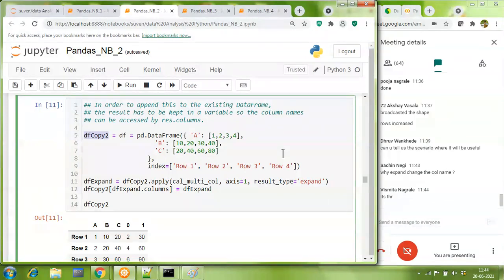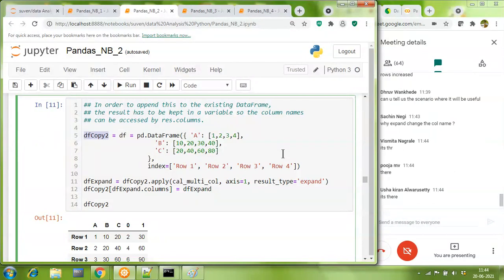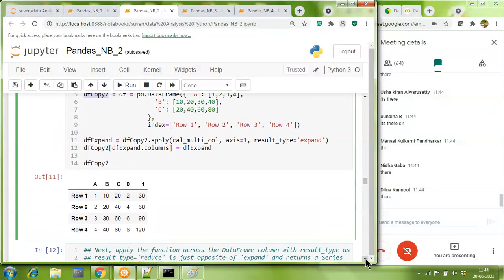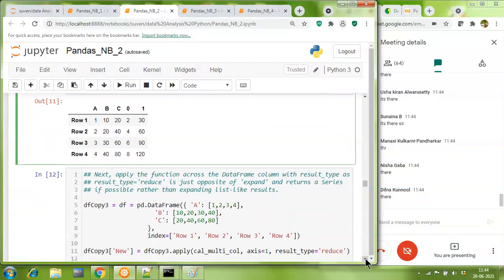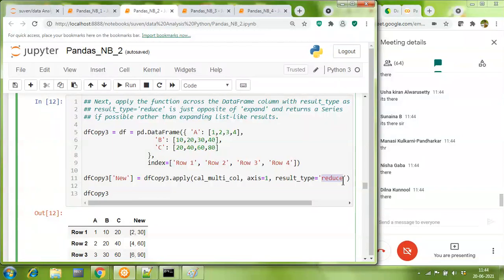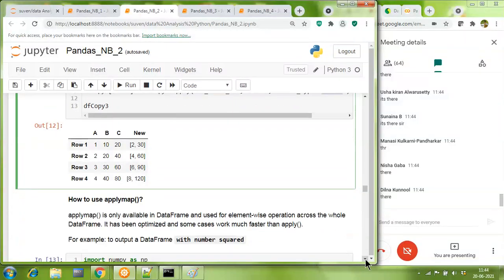Okay, Sachin, expand is not changing the column name. You see, there were no names to the columns, no? So when you're expanding something, there's no name to the columns. So obviously the columns will get their default names 0 and 1. Okay. So everybody is saying that this df copy 2 code is there. So please make sure df copy 2 code in your pandas notebook 2 is like a homework which you should do, so that you run one code of expand, you run one code of reduce, you get it very clear of what is happening. Okay.